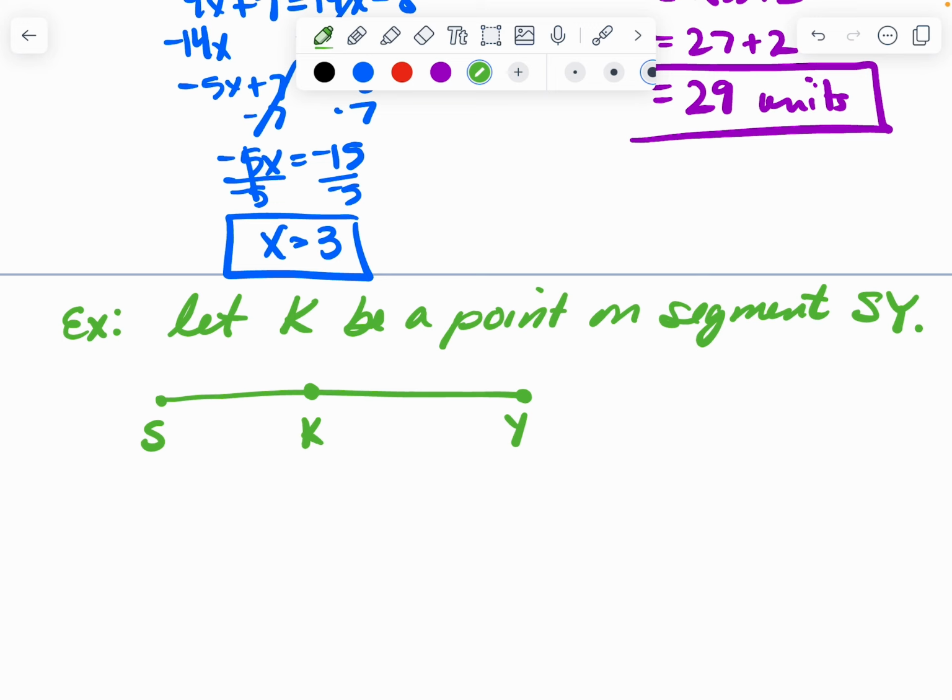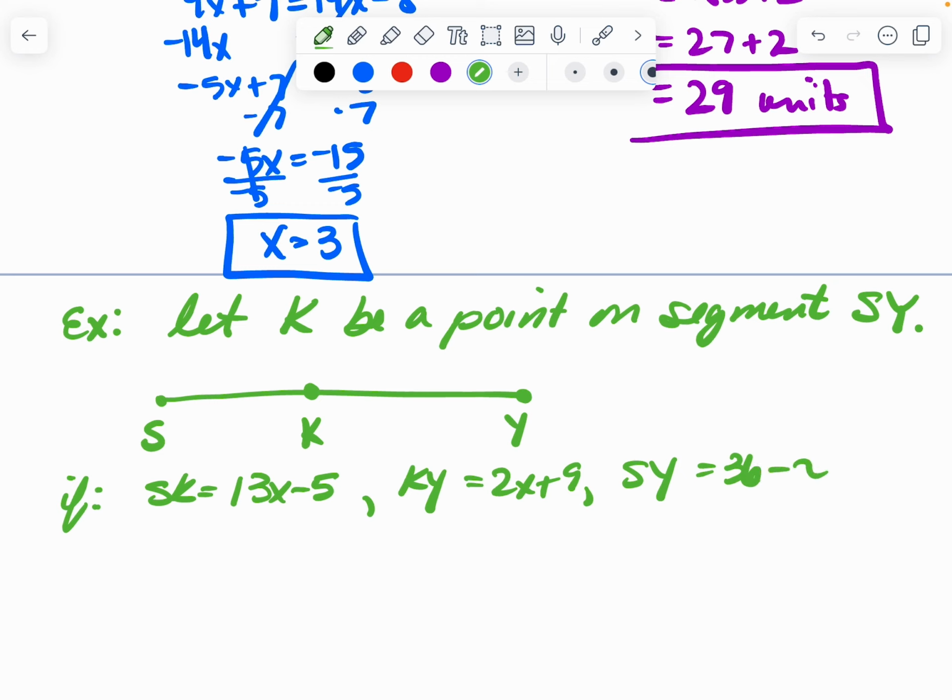It doesn't say middle, it doesn't say anything that lets us know that. I just know that it's there. So I have if SK is 13x minus 5 and KY is 2x plus 9, and I know that SY is 36 minus x,